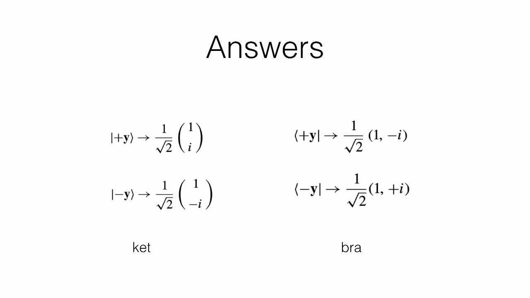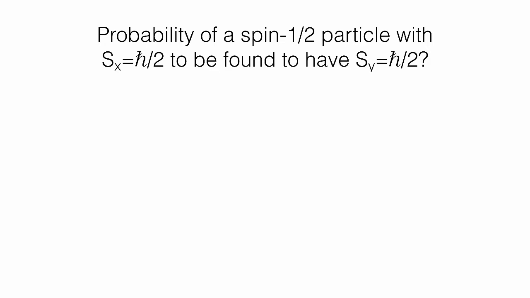Really from a matrix standpoint, because a vector is a matrix, it's just not a square matrix, the bra plus y is just the transpose conjugate of the ket plus y. So there's a reason why not only do you go from column to row, but you also change i into minus i, or minus i to i, as in the case of the minus y bra and the minus y kets. Okay, so now that we have all that